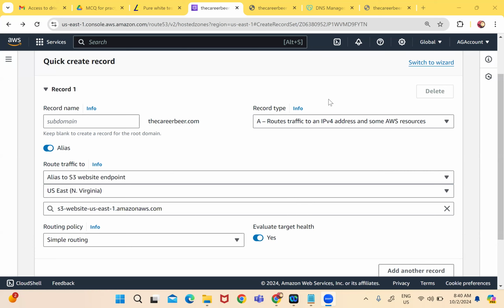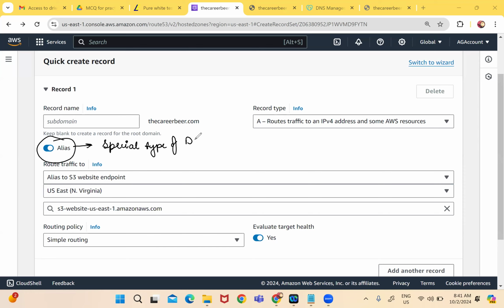So I was saying that I will explain these record types in the theory, but what I can do is tell you the setup now, because it will take some time on the backend to configure. So let me just create the setup and then I will take it forward. So there is an alias. I will be setting up the alias. Now alias is one of the special types